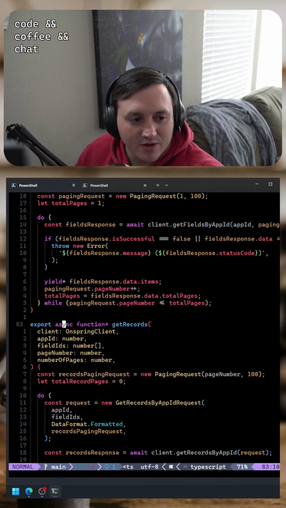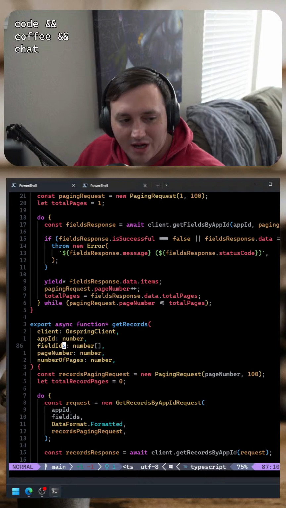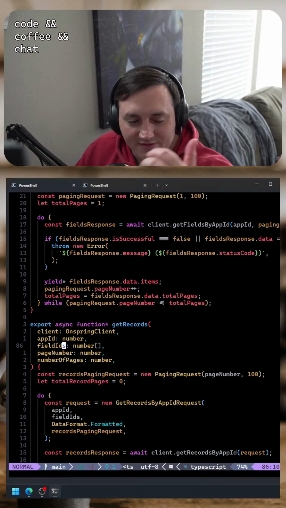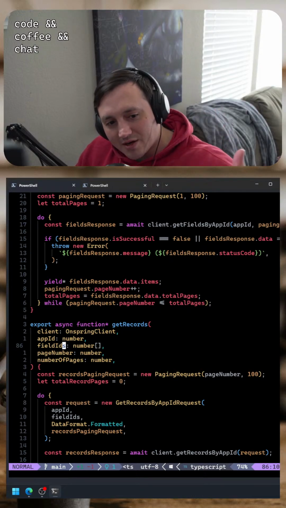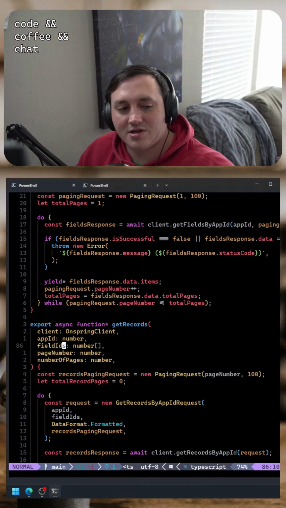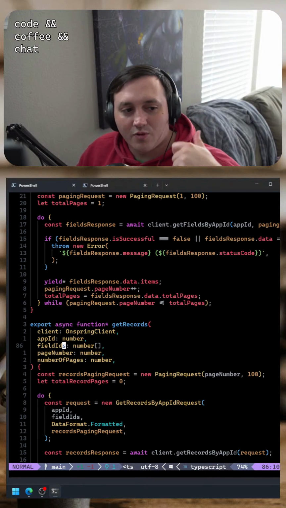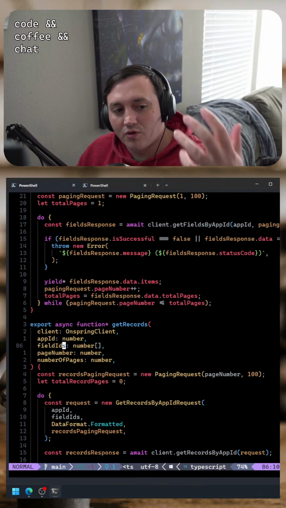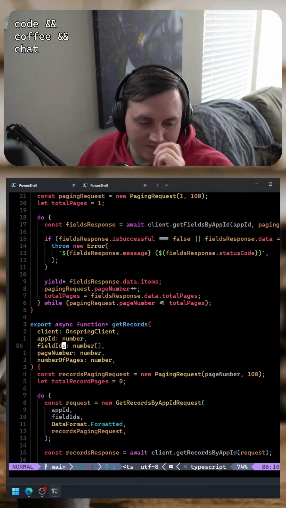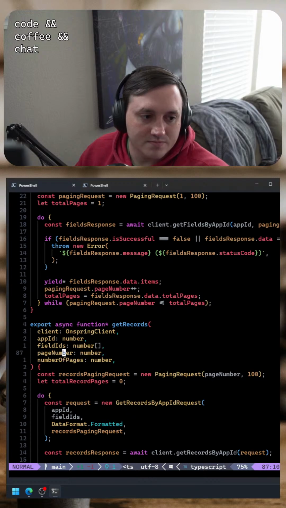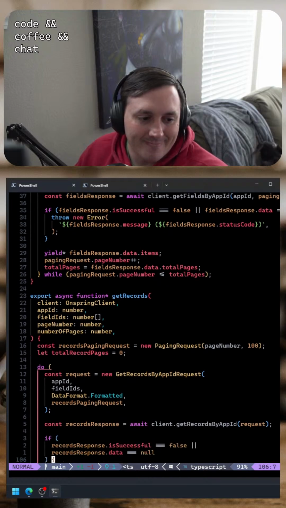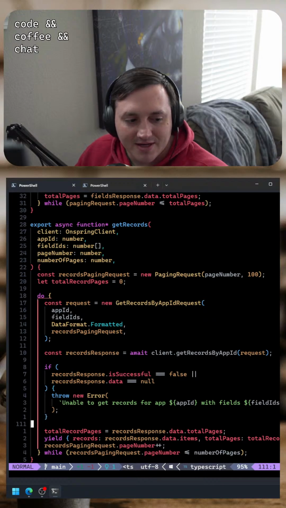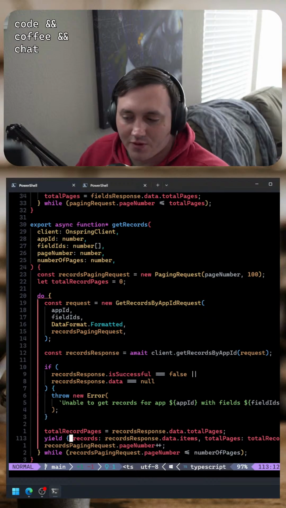But I'm working through a particular problem right now where I'm fetching records. I'm fetching a page of records at a time, and I want to be able to return all those records, or all the pages of records that I fetched, to the LLM. But I also want the LLM to know how many total pages there are. And I don't know if maybe that's just dumb. Maybe that's just something I shouldn't worry about.